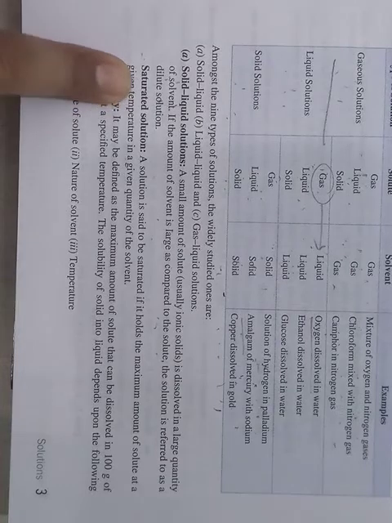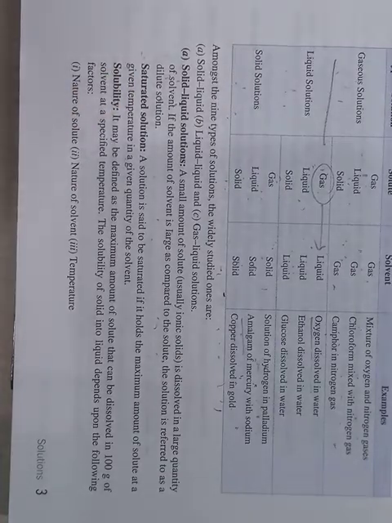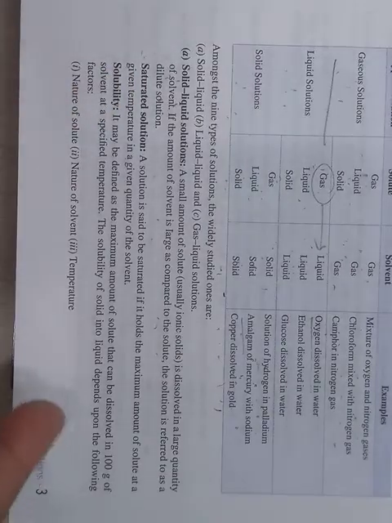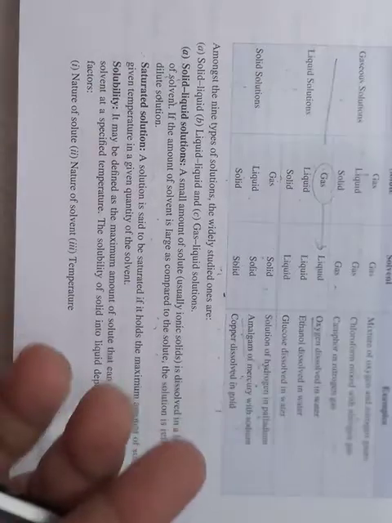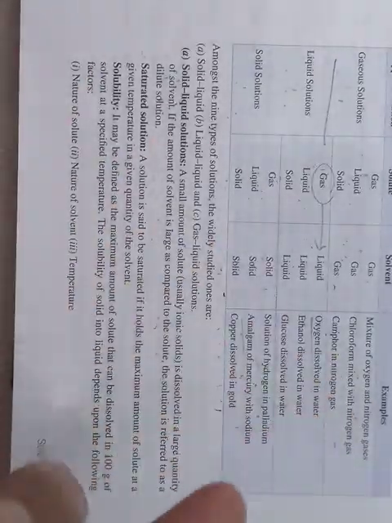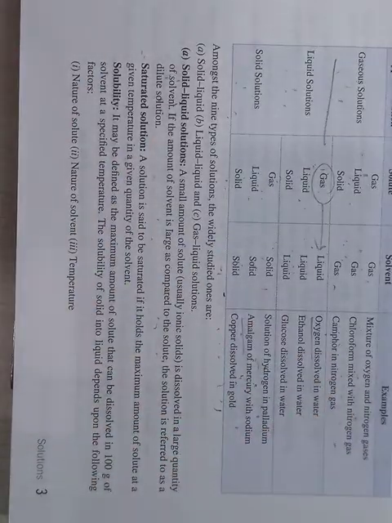Now solid and liquid solutions are of 3 types. As you know, there is the saturated solution. What is a saturated solution? At a given temperature, it is when no more solute can be added in the given amount of solvent. Meaning if you have taken 1 litre of water and fixed a temperature, for example 30-35 degrees centigrade, then in that 35 degrees centigrade, how much maximum amount of solute can you dissolve?